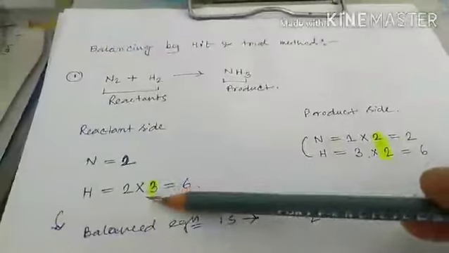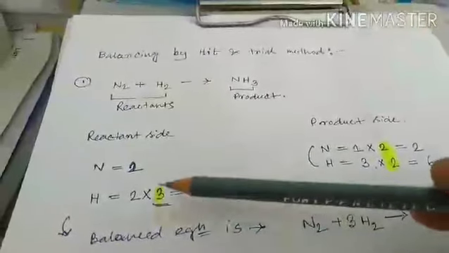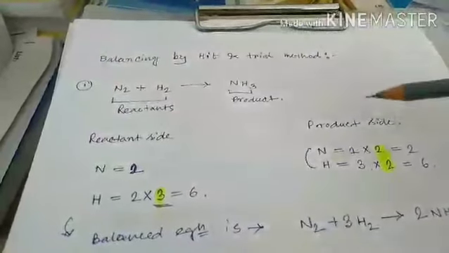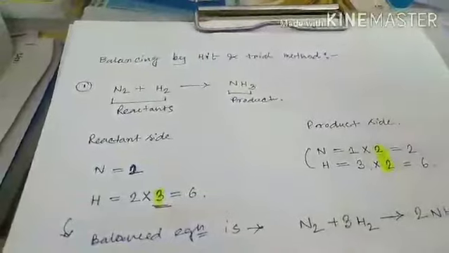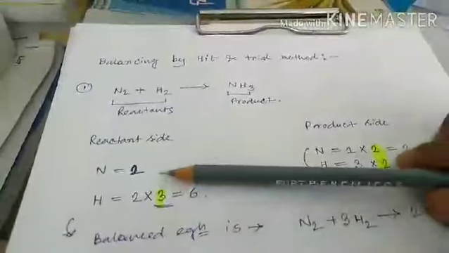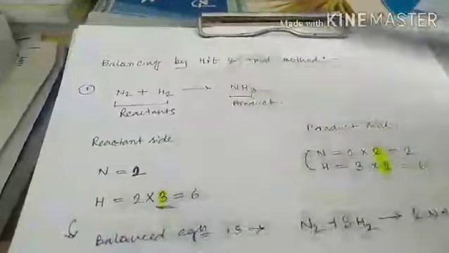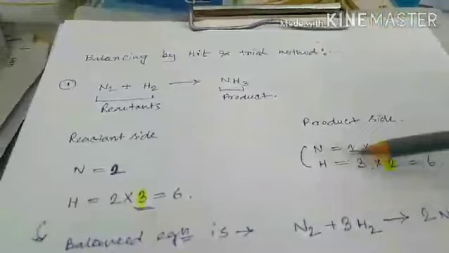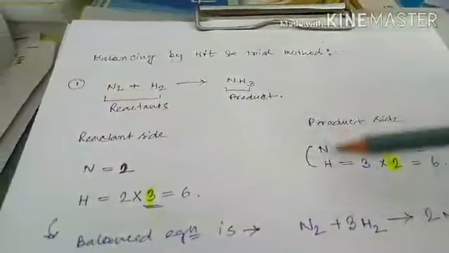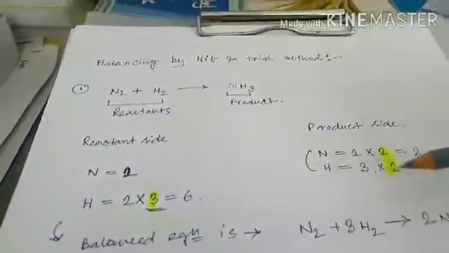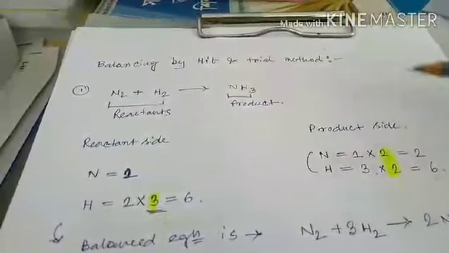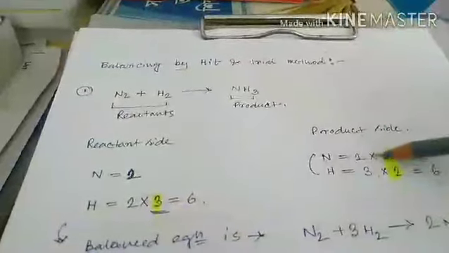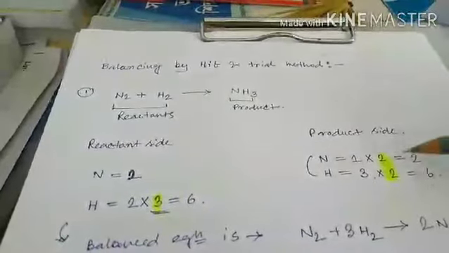Don't bother about the multiplicative factor, that is multiply into 3 or multiply into 2 or whatever it is. Right now we have to deal with this later. Okay, so in the reactant side, the number of atoms of nitrogen is 2 and the number of atoms of hydrogen is also 2. But in the product side, the number of nitrogen in ammonia NH3 is 1 and hydrogen is 3. To make the number of atoms of nitrogen equal, we have to multiply with 2, because here it is 2, here it is 1, so we have to make it 2 by multiplying with 2.